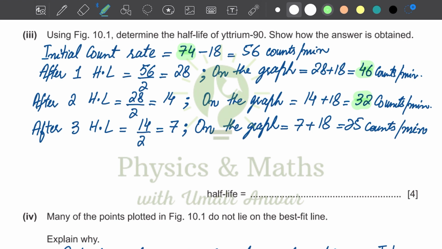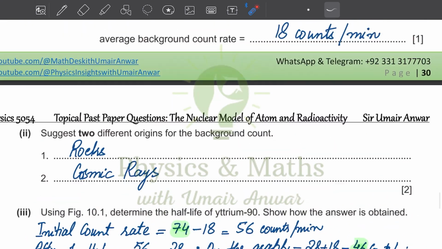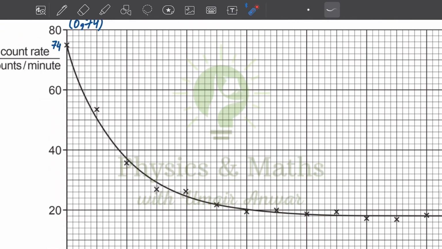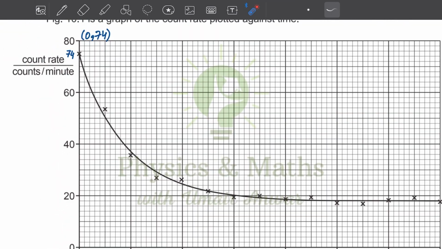So this is the third value that we have obtained here. The first one is the initial one here. After first half-life, it becomes 46 on the graph. After second half-life, it becomes 32. After third half-life, it becomes 25. Now, we would consider these points on the graph and find out what is the value of time in hours